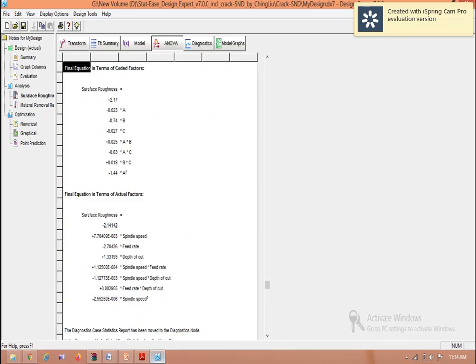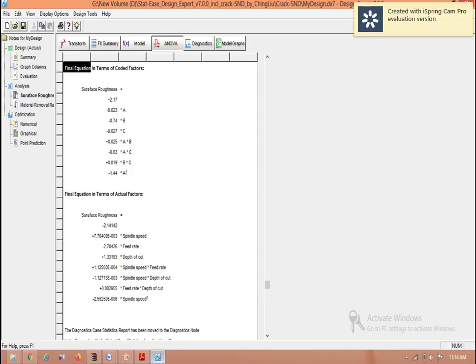In the published research article, they have considered terms only up to A square. So the regression model generated from their research work contains the terms A, B, C, AB, AC, BC and A square. For those considered terms, the obtained regression model is like this. This is the exact regression model represented in their research article,